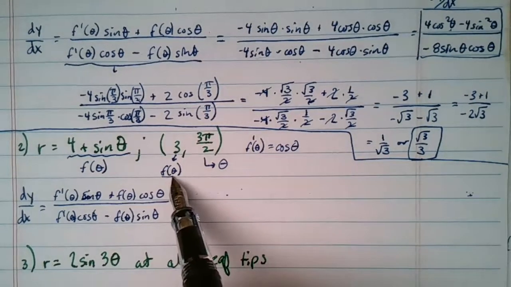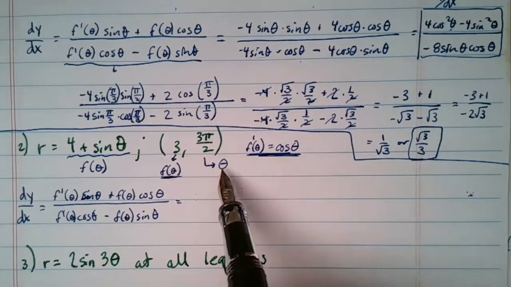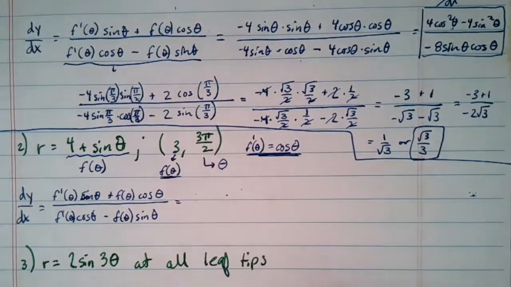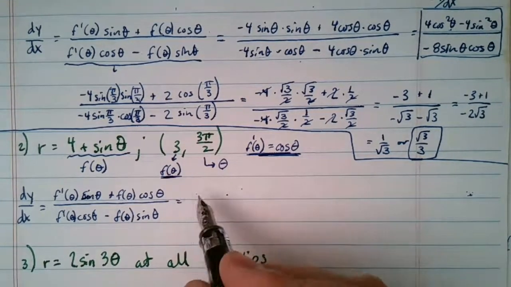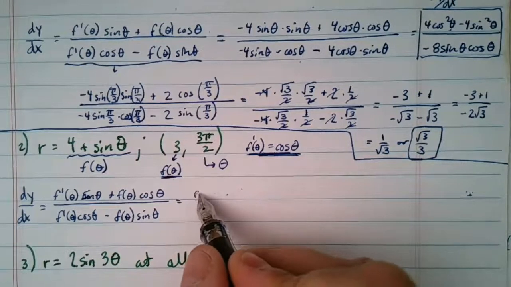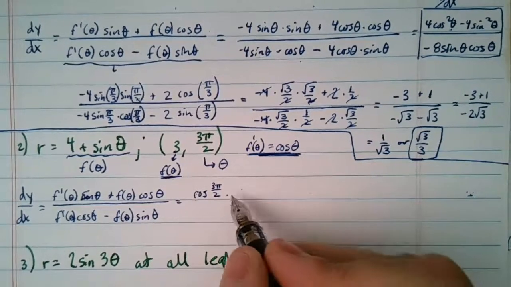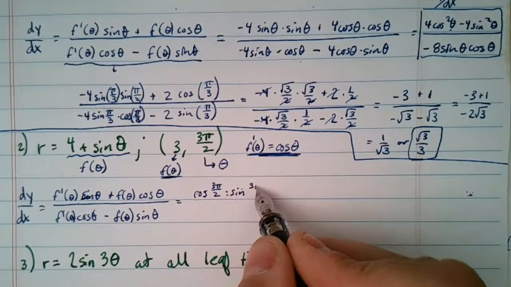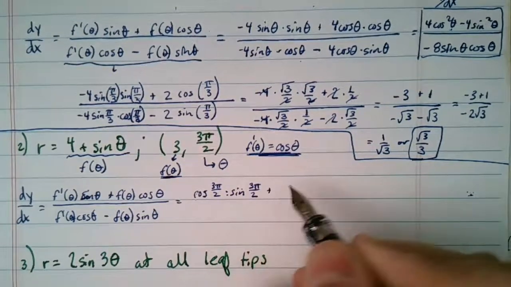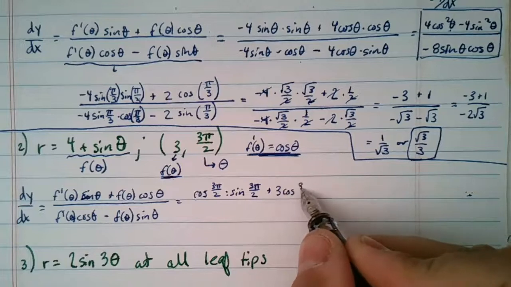So everywhere we have f of theta, we're going to plug in that. Everywhere we have f prime of theta, we're going to plug in that. And everywhere we have a theta, we're going to plug in 3 pi by 2, or 270 degrees if you're a degree person. So what does dy dx give us? Well, that gives us cosine of 3 pi by 2 times sine of 3 pi by 2 plus 3 times cosine 3 pi by 2